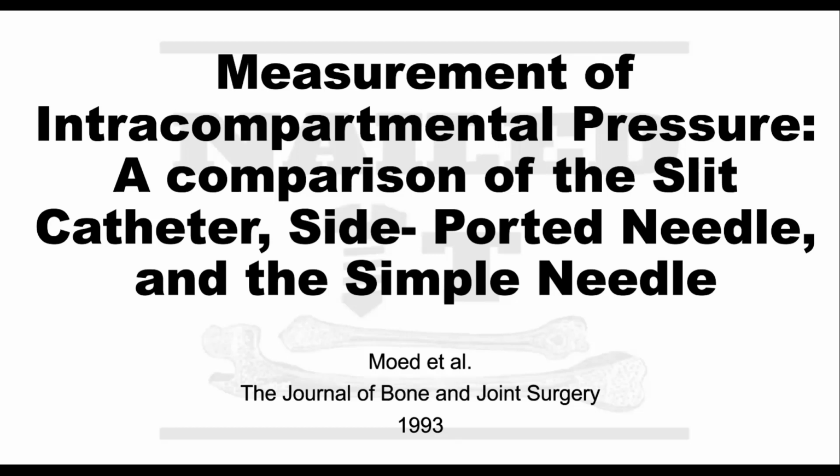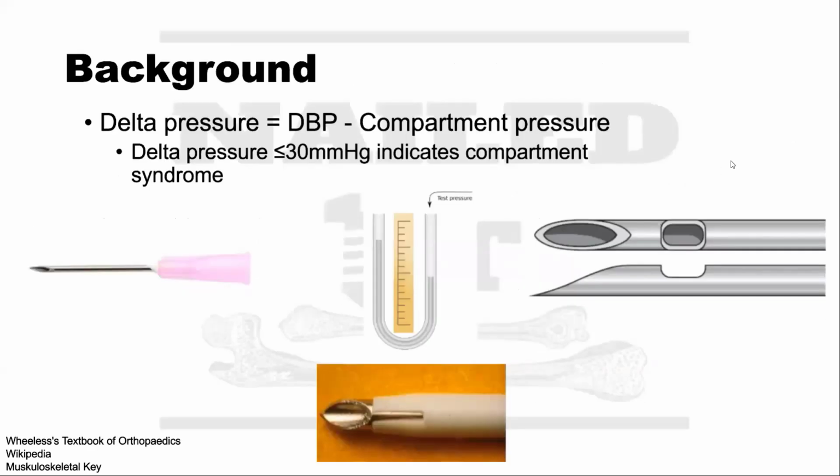Basically, this is a paper by Moed et al. in the Journal of Bone and Joint Surgery, JBJS, back in 1993. It looked at compartment pressure measured three different ways. You can use a simple 18 gauge needle, which is how it was initially started. You use a mercury column, basically mercury in a U-shaped tube that measures the pressure compared to the atmospheric pressure. You also can use a slit catheter,